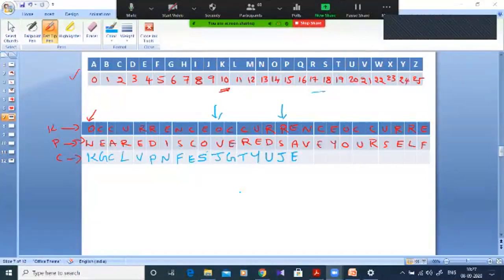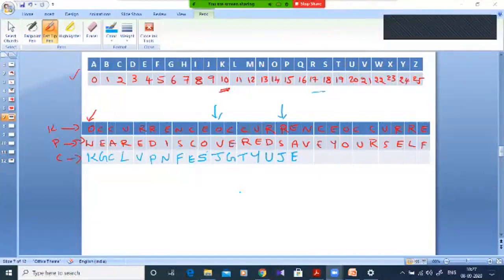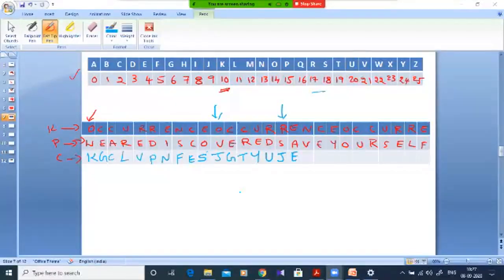Please tell me. Only 2-3 fellows are responding. What about the other fellows? So roll number 1 is there. Yes, sir. Tell me for N and V, what is the letter in the ciphertext? N and V. Sir, I don't know, sir. So you know the operation.